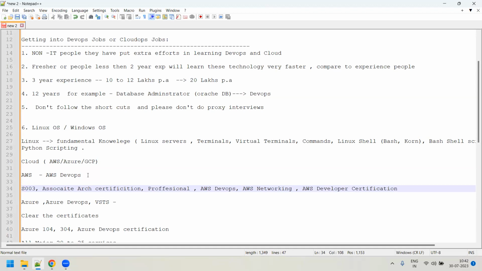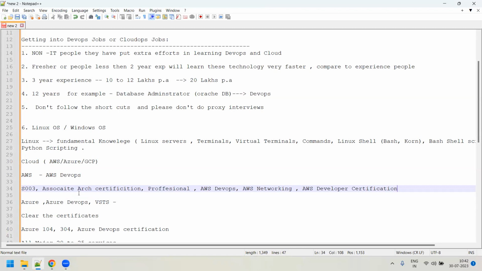Once you have completed your AWS or Azure certification, please try to concentrate on other DevOps certifications like Terraform or Kubernetes. Docker is not really required. According to my knowledge, there's nothing like a Jenkins certification, but there is a Docker certification. There's an Ansible certification provided by Red Hat itself, the RHCE certification, as well as the OpenShift certification. Those are a little bit demanding certifications, which will really fetch you a very good job actually.